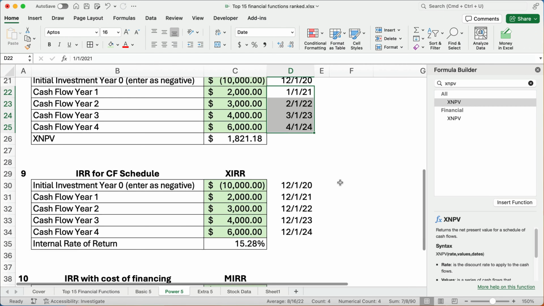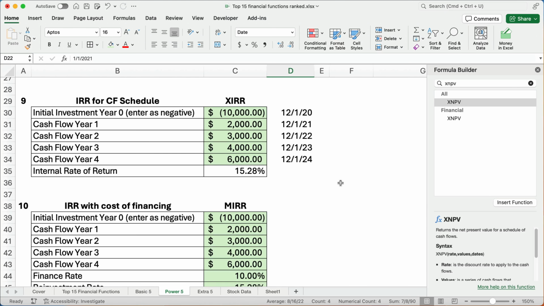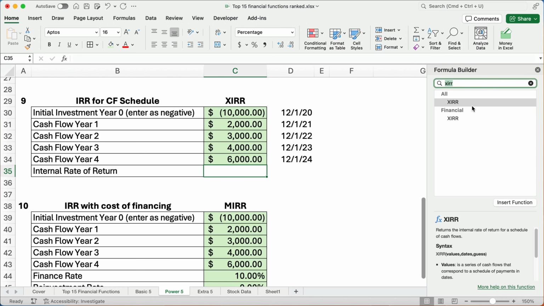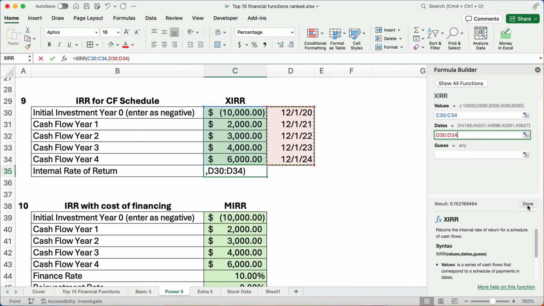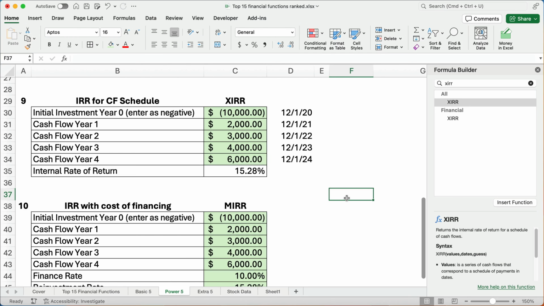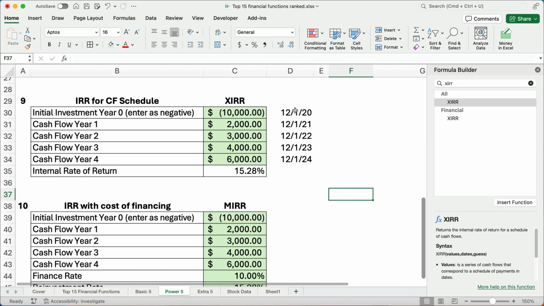Okay, same thing with internal rate of return, XIRR and MIRR. So the same kind of thing, we have the amounts and we have the date. So XIRR is the same kind of calculation. So let me search for XIRR. Same thing here, we need to know the values, the dollar amounts. We need to know the dates. We can make a guess, I'm not going to guess. And it here is 15.28, which is the same amount as previously, because here I forced it to be equal